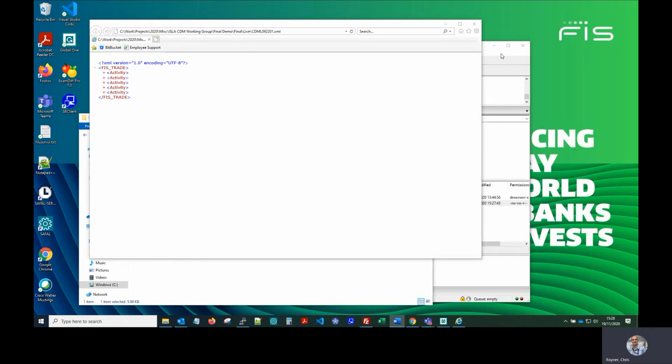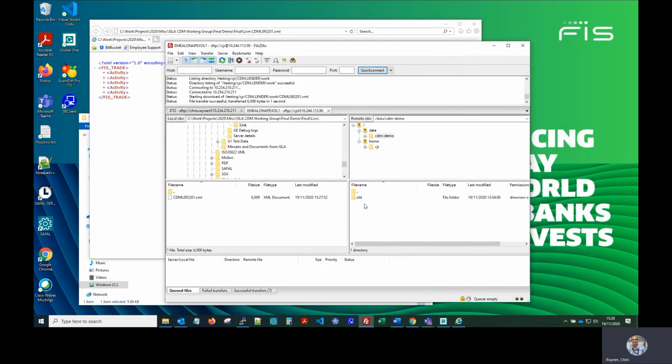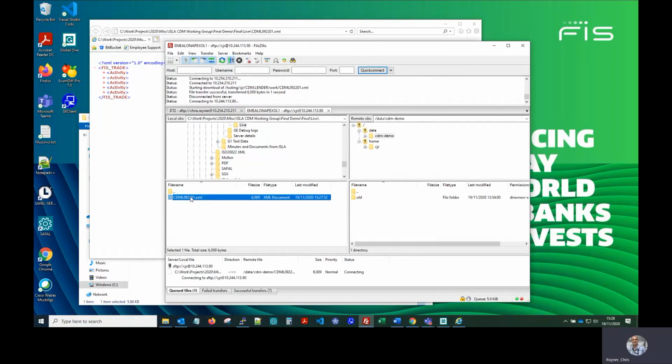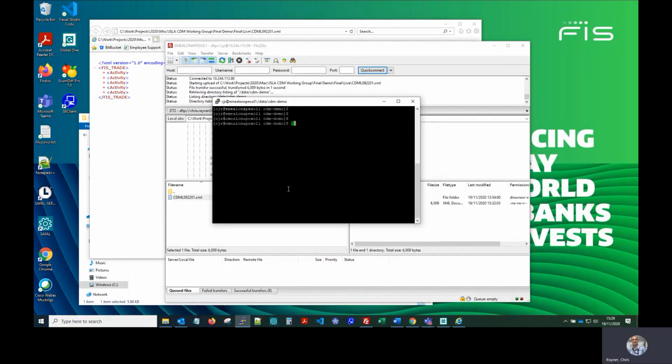So let's come across here and let's just quickly transfer that across to the machine which has got access to the CDM. So let's have a look. Okay, good. Let's just move that file to a simpler name.